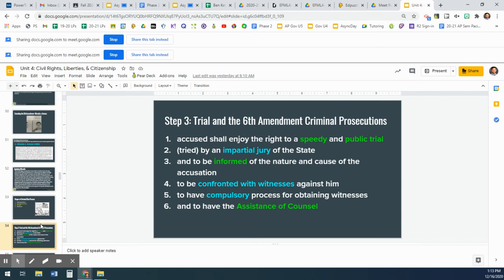Your right to be informed of the nature. So like you have to be informed of what you're being accused of. Anybody that was a witness, you must be able to test or must testify. So this is like why you get served with a summons. And if you are a witness to a crime or anything like that, then you have to testify. And additionally, you have the assistance of counsel, meaning you have the right to a lawyer. That's one of the big parts, right? So you have the right to assistance of counsel, a lawyer.